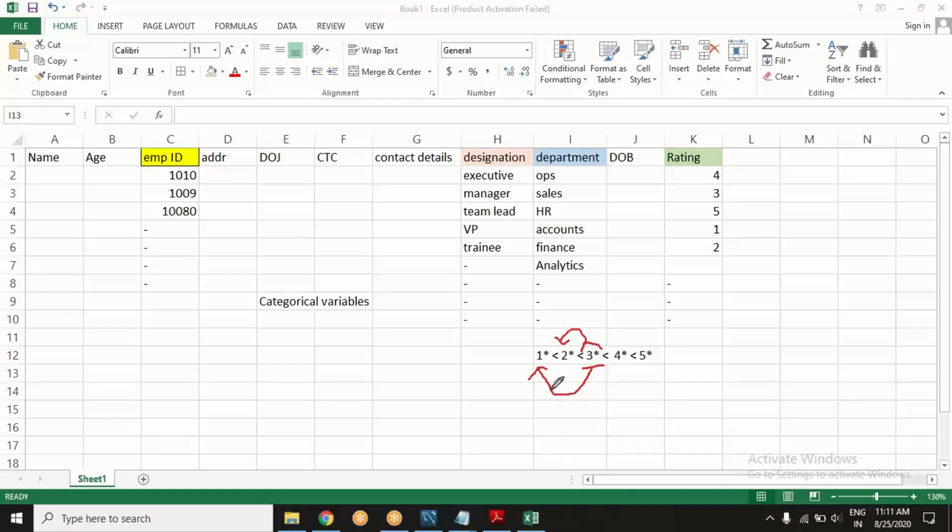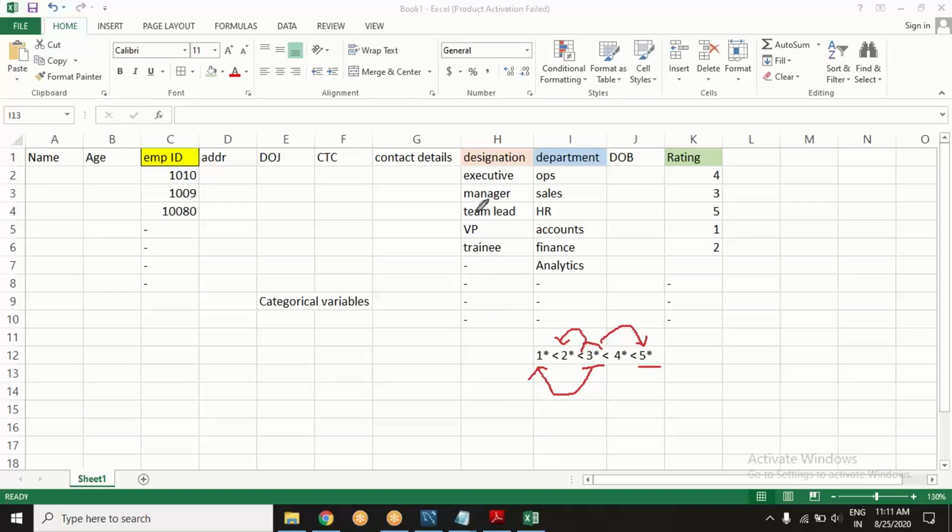By 2 units. Getting the gist? 3 stars are lesser than 5-star employees by how much? 2 units. So now I have a scale also. I have a constant interval, so I can measure the scale also of this order.